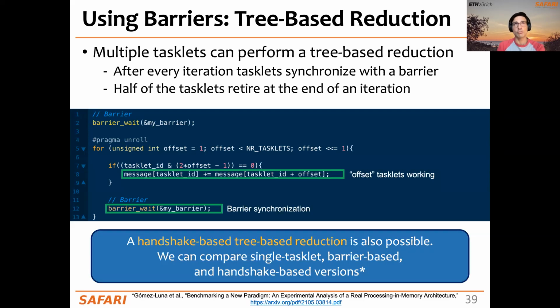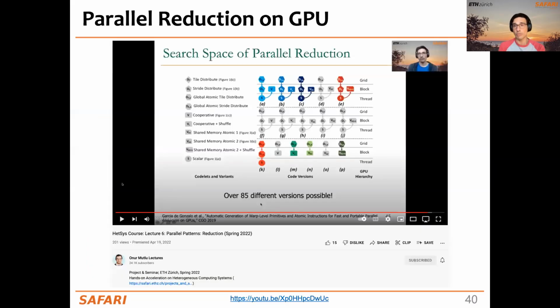It's also possible to implement this tree-based reduction in different ways. We also implemented it using handshakes, and the code is available in our benchmark suite. The 3 different versions, single tasklet, barrier-based, and handshake-based, are compared in our paper. So if you want to learn more about parallel reduction, which is an extremely useful primitive for parallel programming,